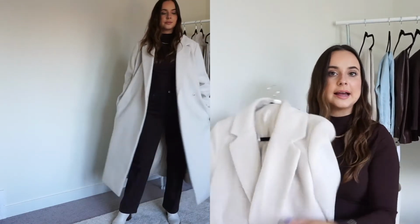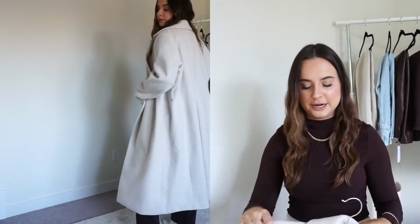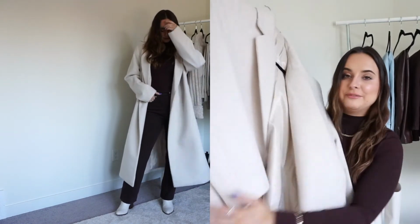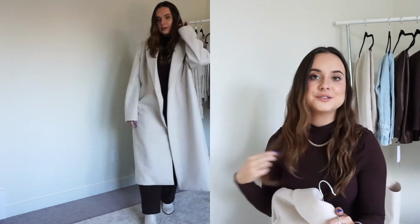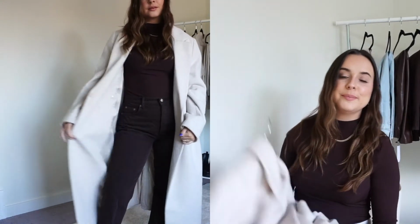H&M. I actually got this one last year, but they always have some kind of version of it every year, so I'll link this year's version below. I feel like I definitely went really oversized for this one. I got it in a large and it already comes oversized, so I feel like if I could go back I would maybe do a medium, but this kind of coat just makes any look extremely chic and expensive and